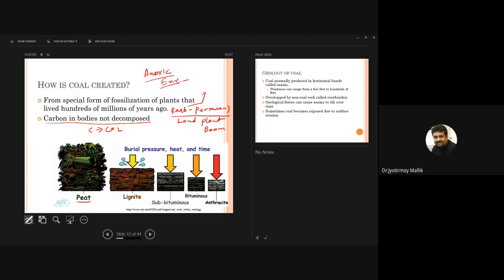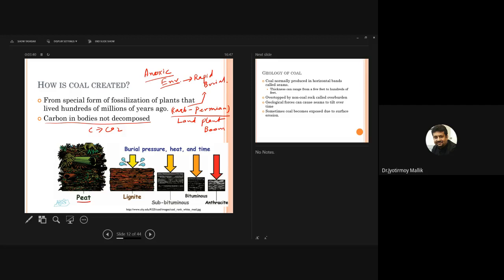So that's why you need, of course, rapid burial. So the land plants, by some catastrophe, die, and then by some process, maybe the sea, there is a transgression, the sea moves to the land, and there is a large amount of clay deposited over the land plant. And then you see those plants are actually converted into coal. Hence,